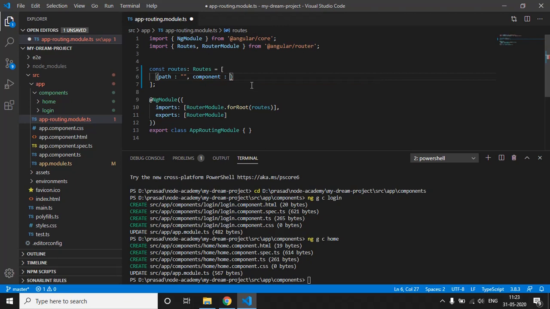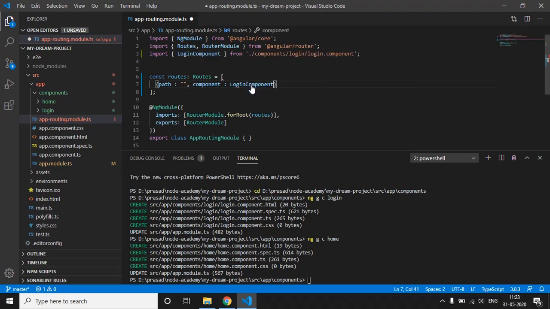When there is no path, that is when we land on our website URL, which component should we see? At that time we should see the login component. So we just click on this, and it will auto import the login component. What this means is when there is no URL, the Angular router is going to load this login component.